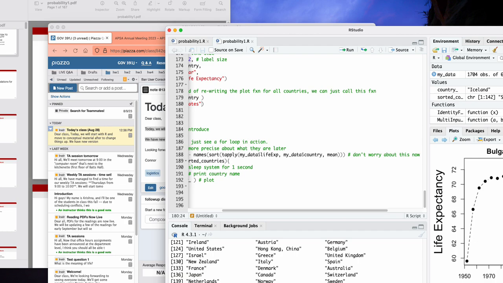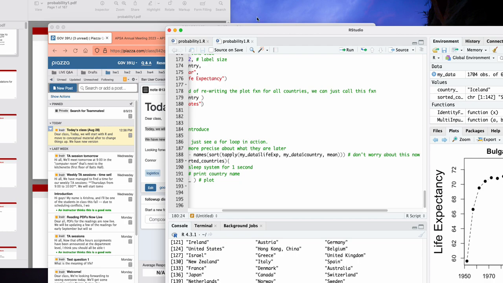As for the schedule for today, I wanted to start with the R material, since last time we started with conceptual material, but let's change things around this time. We'll start with the R material and make sure we're all on the same page. We're going to do some new material and introduce some things that will be important later on in the semester, and then we will go into some more conceptual material, breaking things down and making things as easy to understand as possible for everyone. That's the plan for today.